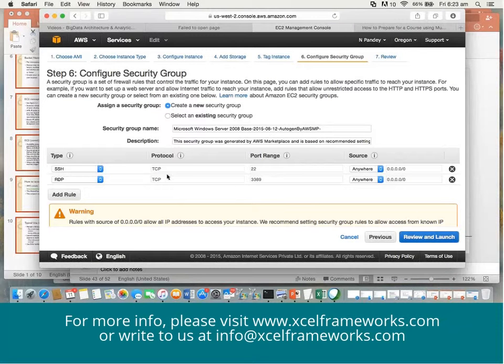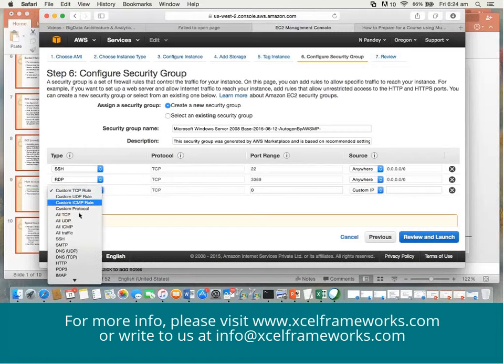Where you go and enable, okay, this is the port which is open and it can be accessed from anywhere. So in case of Windows, if you see RDP and SSH, there are two ways of connecting to Windows boxes which are created in your Amazon. One is through RDP. We all know what RDP is. And the second one is by using SSH. So those two ports are open. If you want to open more ports, you can go and add a rule.